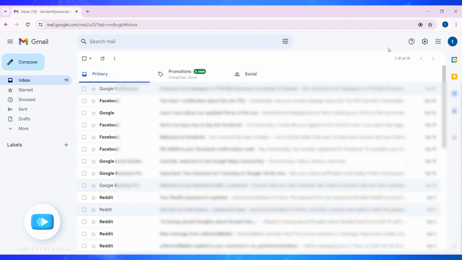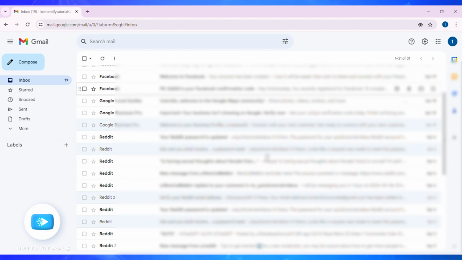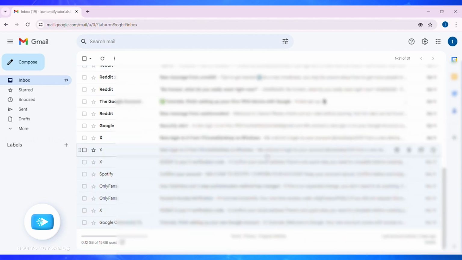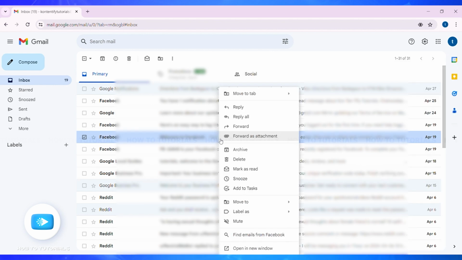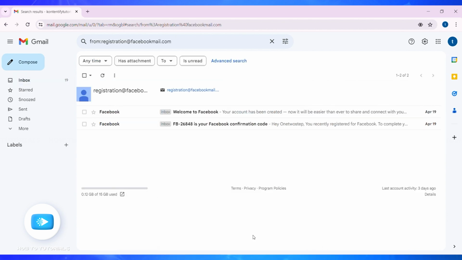And now once you reach this page, here scroll down and find the message from the person you want to see emails from. Once you find the message, right click on the message, and when the drop down menu appears, at the bottom you will find the Find Emails From option with a specific sender name. Go ahead and click on this option, and now you will see all the emails from that specific